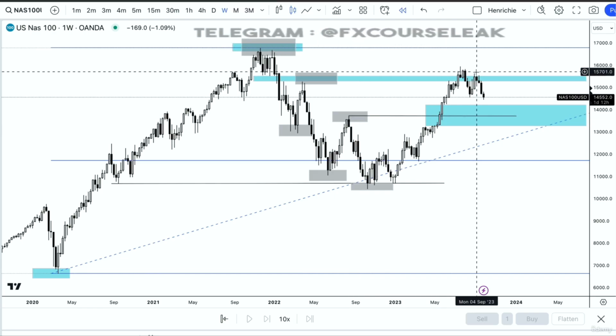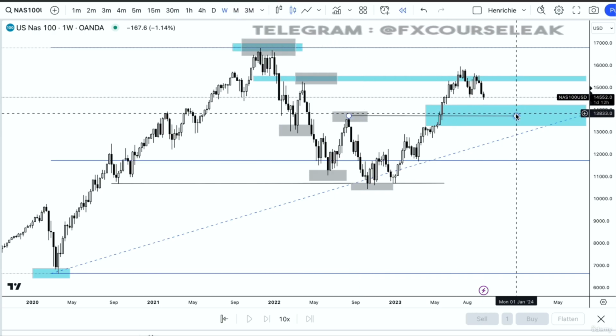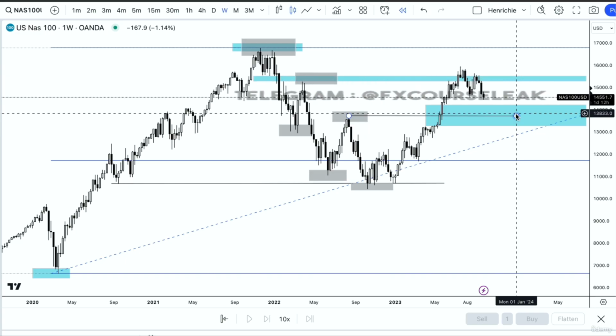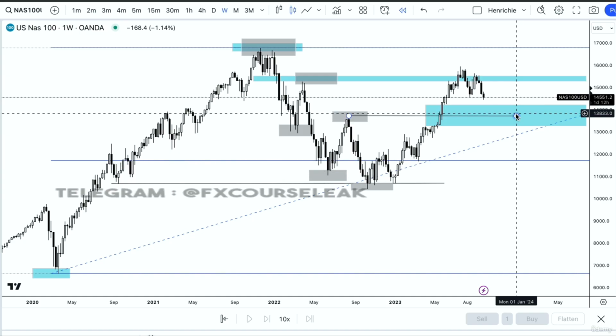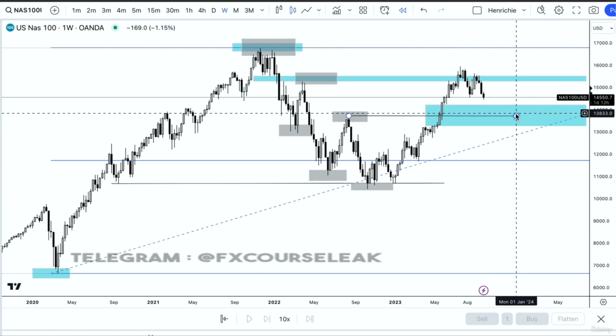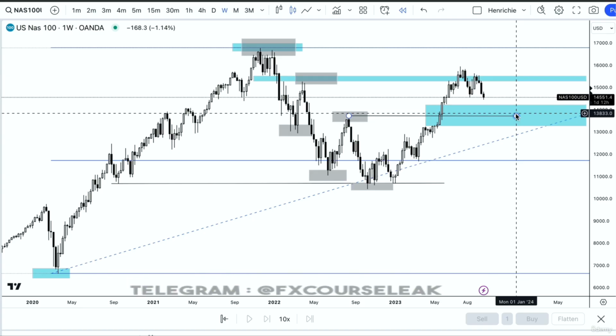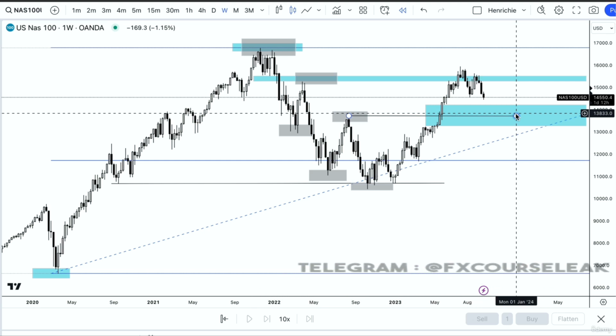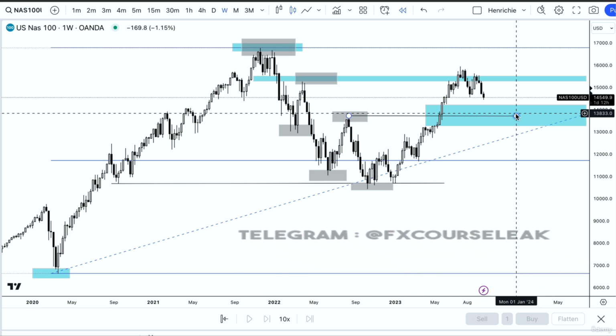So regardless of price coming down, I'm still going to have that at the back of my mind, because these are what controls the direction of the market. The monthly and the weekly are the ones controlling where they want it to go. We want it to go to the upside, it's going to the upside. We want it to go to the downside, it's going to the downside. And we don't try to trade against these two time frames,